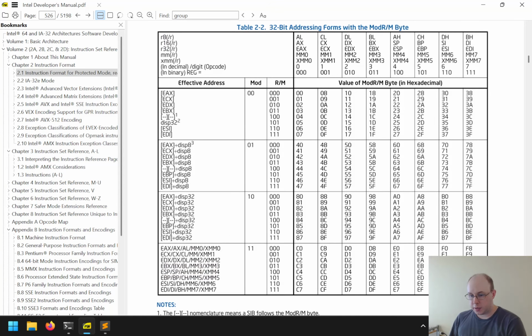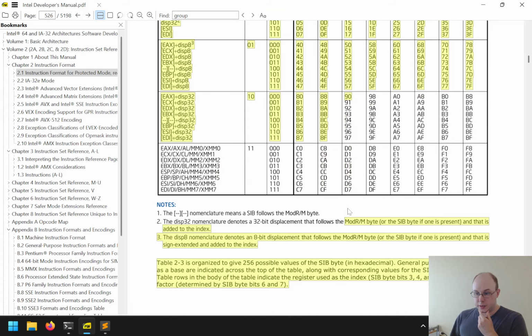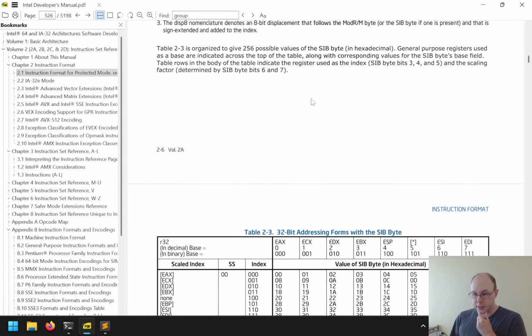Maybe the question mark means anything other than 1. So if it was 10, 100, that requires a SIB. So we don't have SP here, which means that we can't encode R12 there. So we have to use a SIB byte in the case of R12,